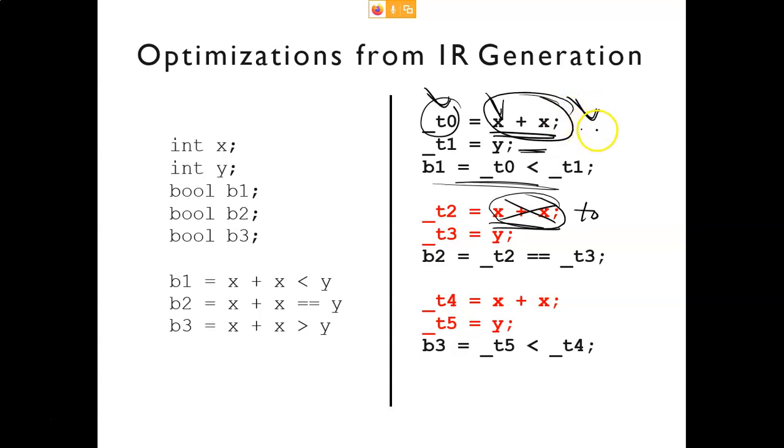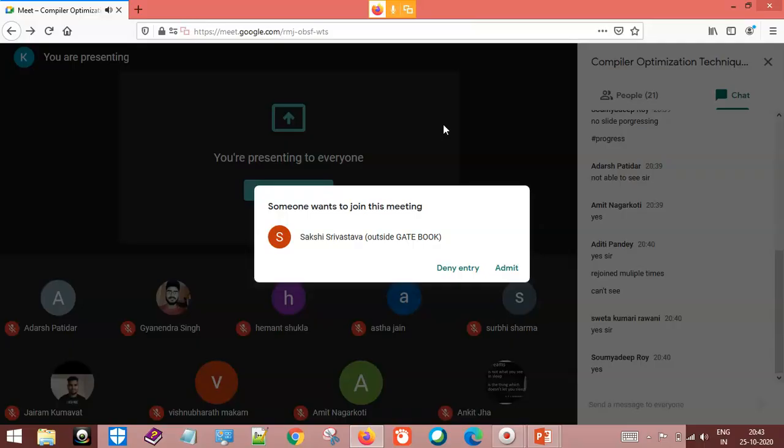Don't worry, we will see all these techniques in a very detailed manner. Right now I am just telling you that in this one program, we can do many optimizations. So the first optimization is that you are calculating this expression and storing the result into T0,